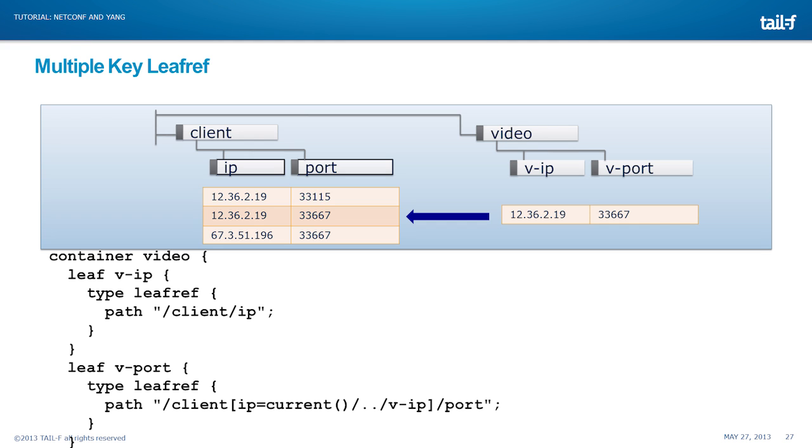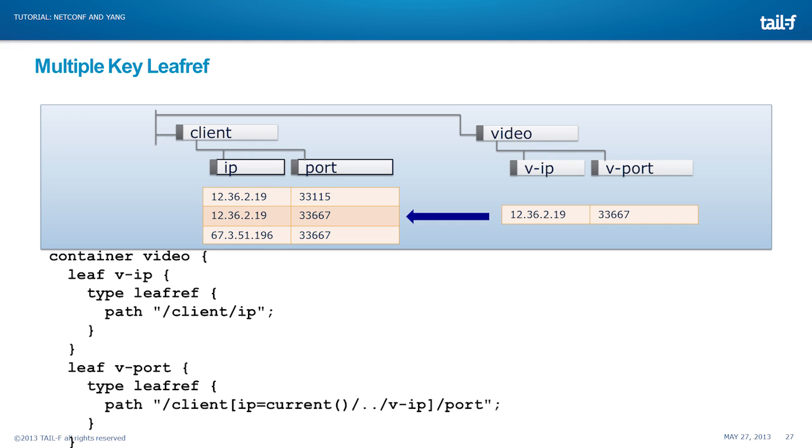So once we've pointed to an IP, we want to constrain the user so that they can only select ports that come from the selected IP. So when we declare this leaf vport, its leafref type has an XPath of, you can see the main parts on the left and right of client and port, but within square brackets, which is used to select a node set within XPath, we see IP equals current, meaning the value of the current node